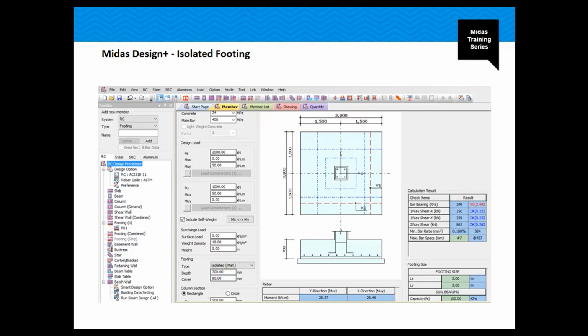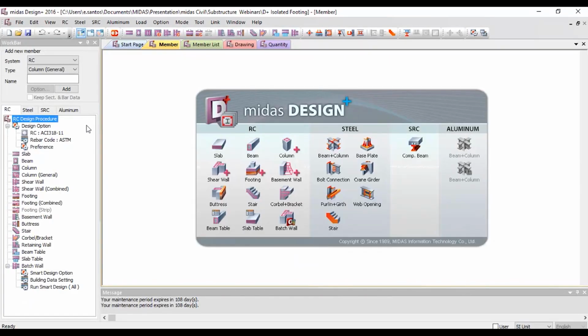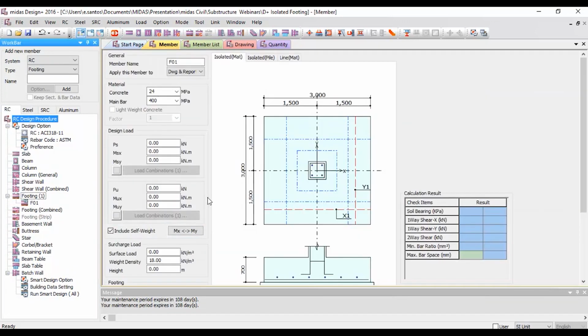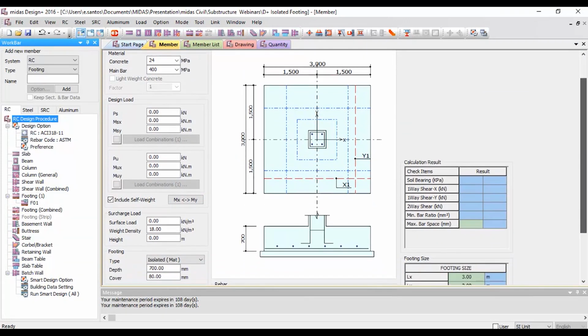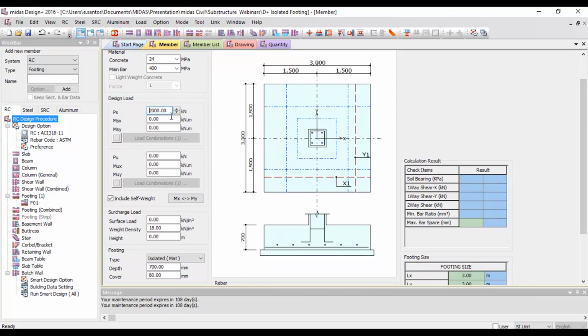Let me just go ahead and jump in. Here you can see that it is very similar to the GSD in the sense of the menu. We also have a work tree, as in Midas Civil, where everything is listed. You have the different members for design here, and let me do the isolated footing so that you can see it right here. In Design Plus, you can define the materials, you can define the loading, you can